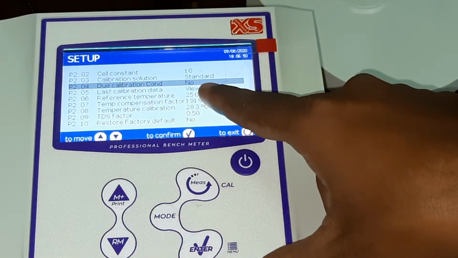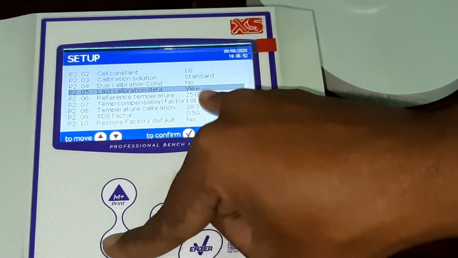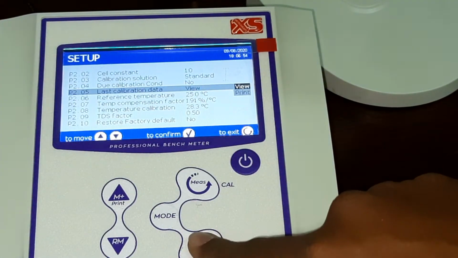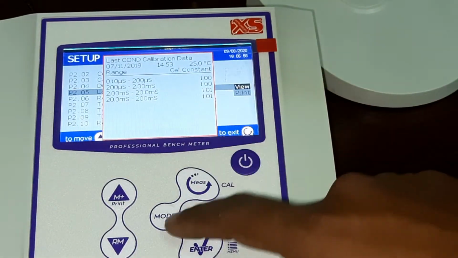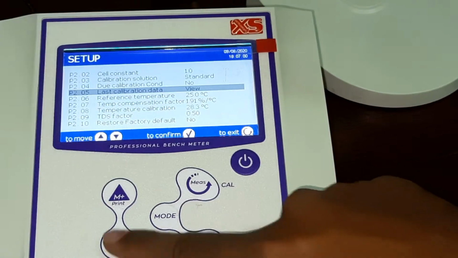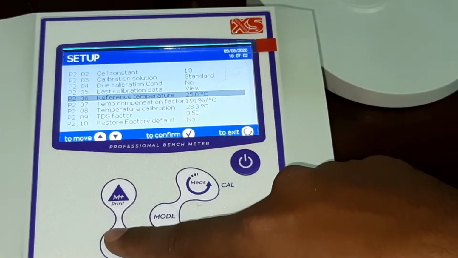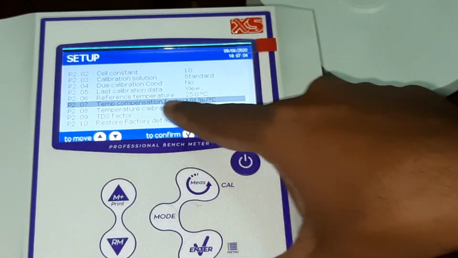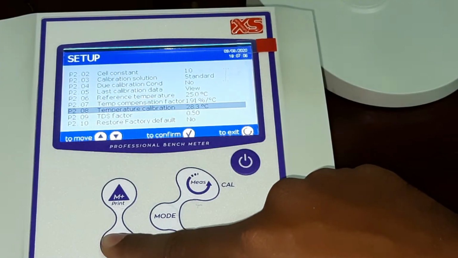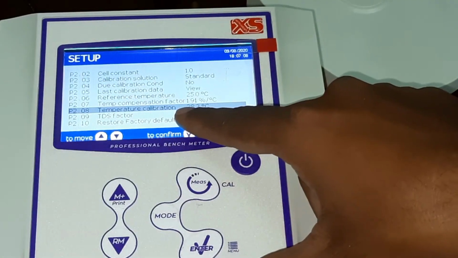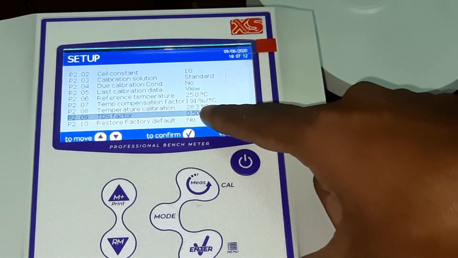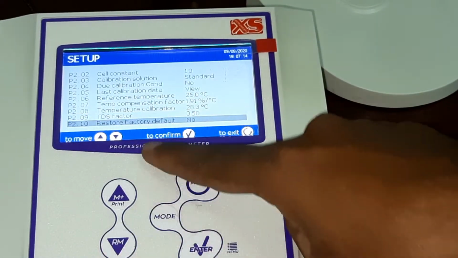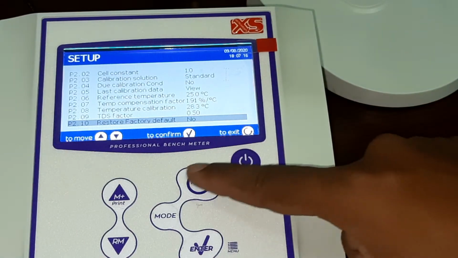Due calibration, no. Last calibration data, if you want to see it, you can see. Reference temperature is 25, temperature compensation factor 1.91, temperature calibration 28.3, TDS factor is 0.5. If you want to adjust, you can adjust, restore to factory default.